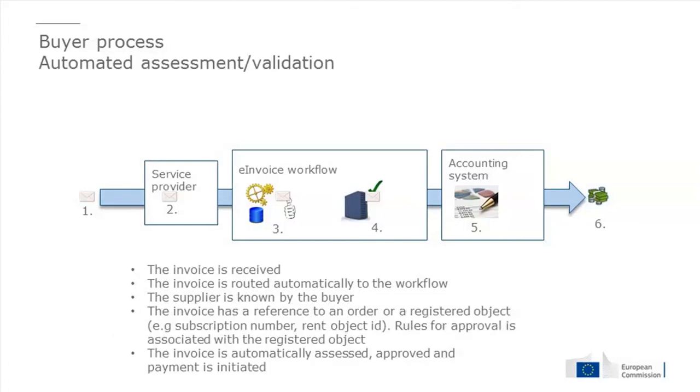If we have straight through processing, instead of a person in the workflow, we go through a similar process: the supplier is verified that it's a valid supplier, but the invoice is not forwarded to a person. It's forwarded to a system or a function that verifies against an object registry. So is this a valid phone number, and has it an okay amount? And based on that, it will be approved. Or if something is wrong with that invoice, it goes for manual processing.